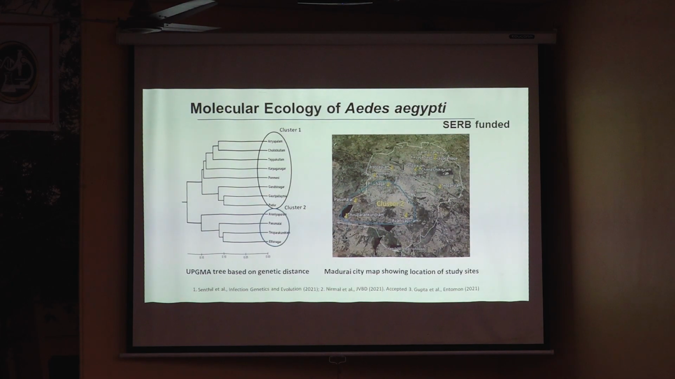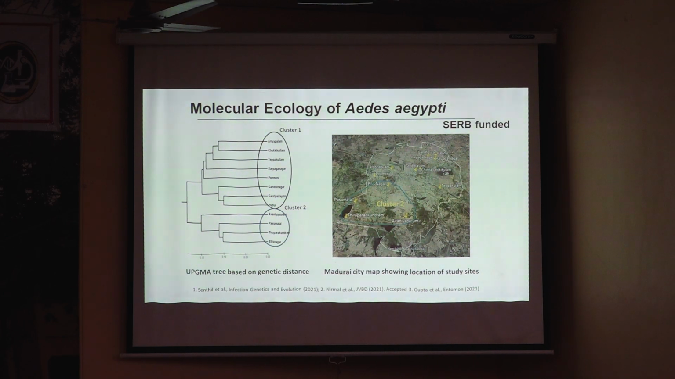And the second project that is funded by SCRT is a startup grant, where we did molecular ecology of this particular species, Aedes aegypti. So here I am sharing the Madurai data, that you can see the satellite map that is for the Madurai city, where we collected these mosquito samples from different locations within the city, as well as different